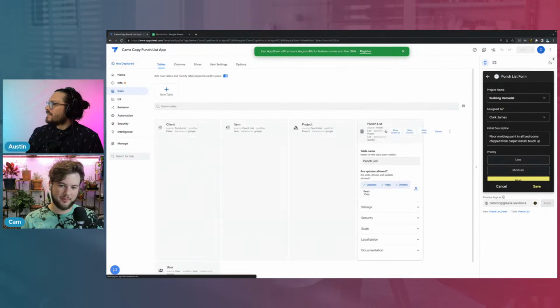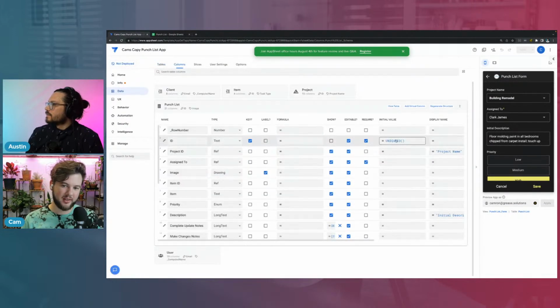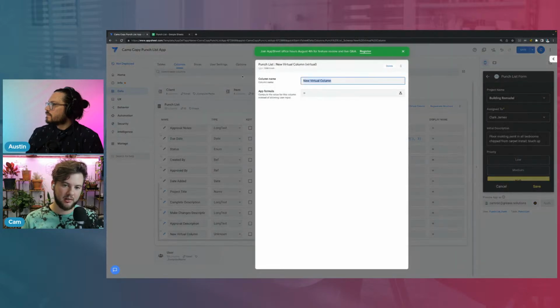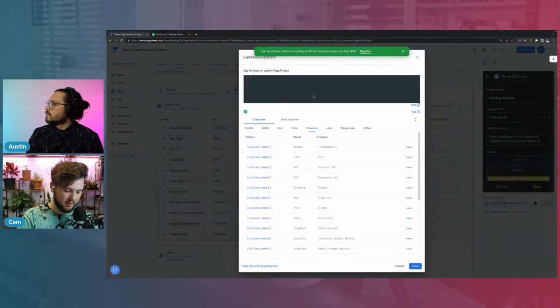Okay, so inside the punch list data, we want to go to columns, and then we want to create actually 3 different virtual columns. So we're going to call this page, and then let's call it, what was it? Project. That was the first one? Okay. And so inside of here, it just needs some text. And so we're just going to go ahead and type in a null text value, just like that, and hit